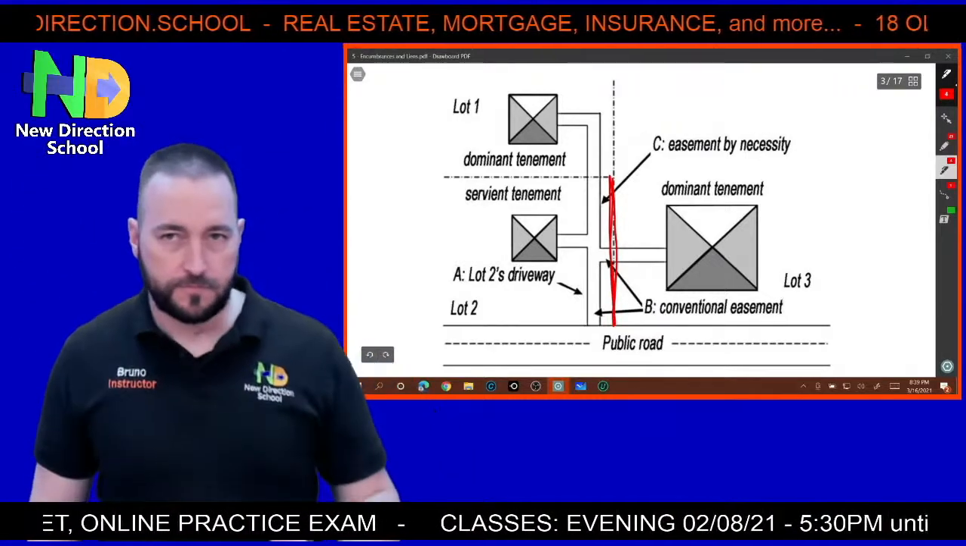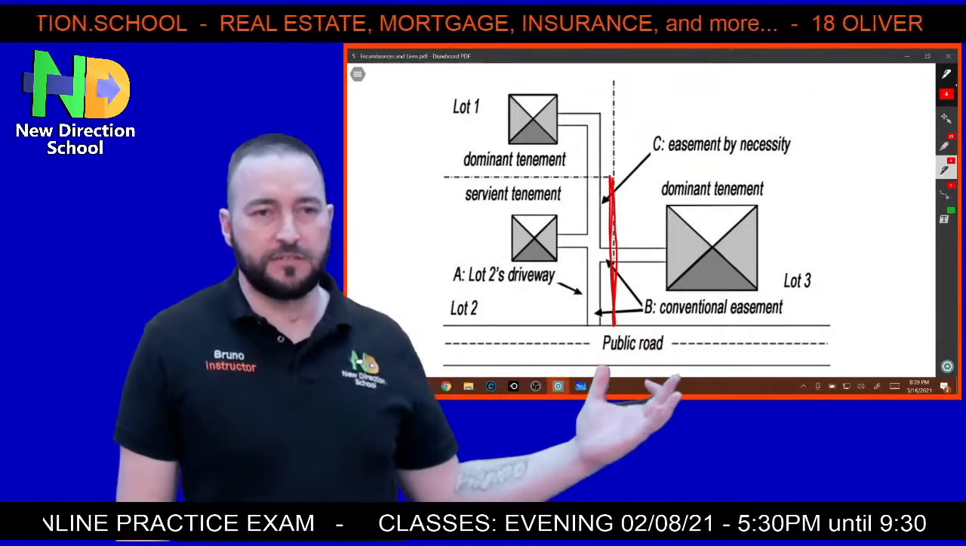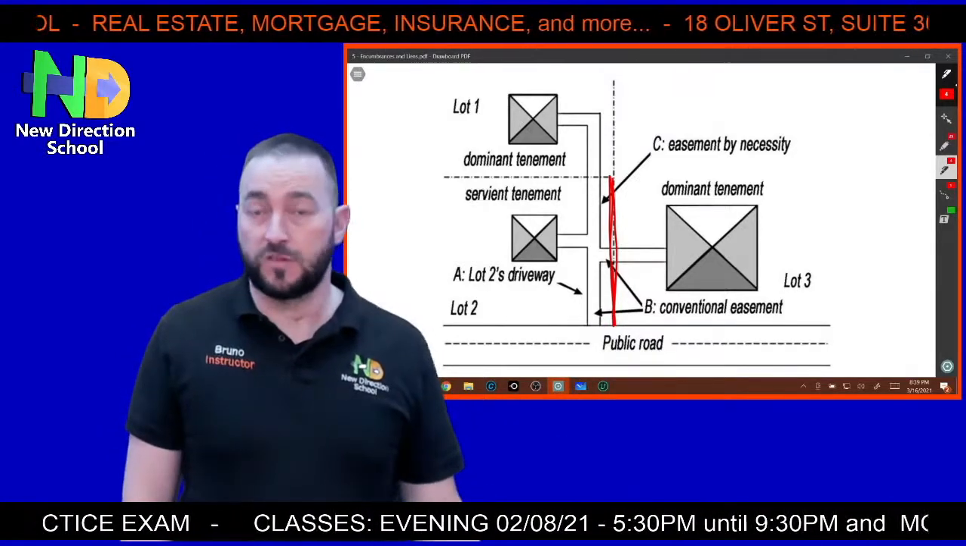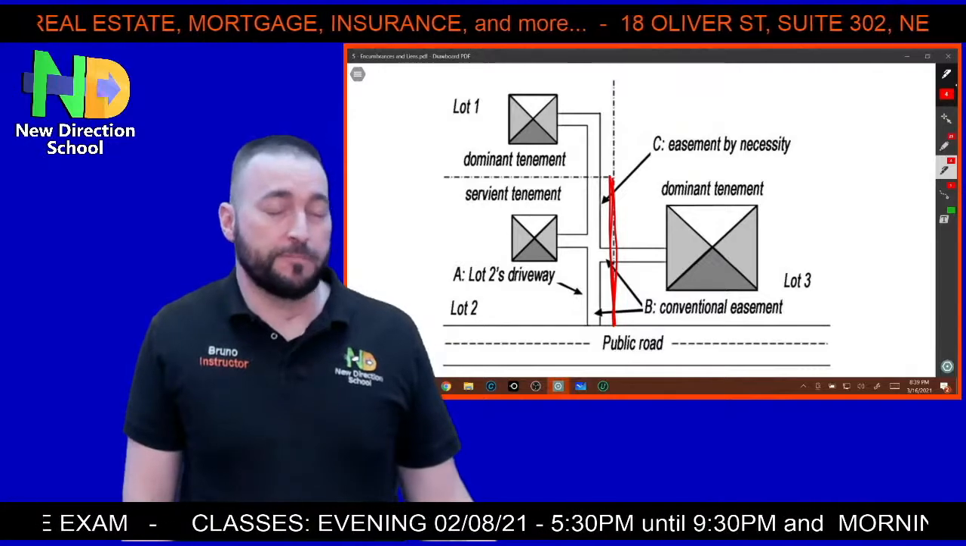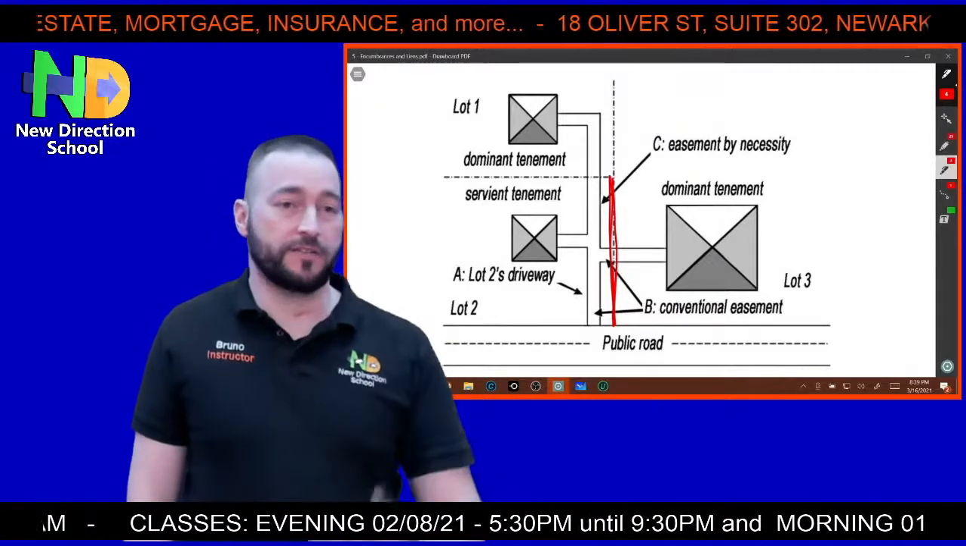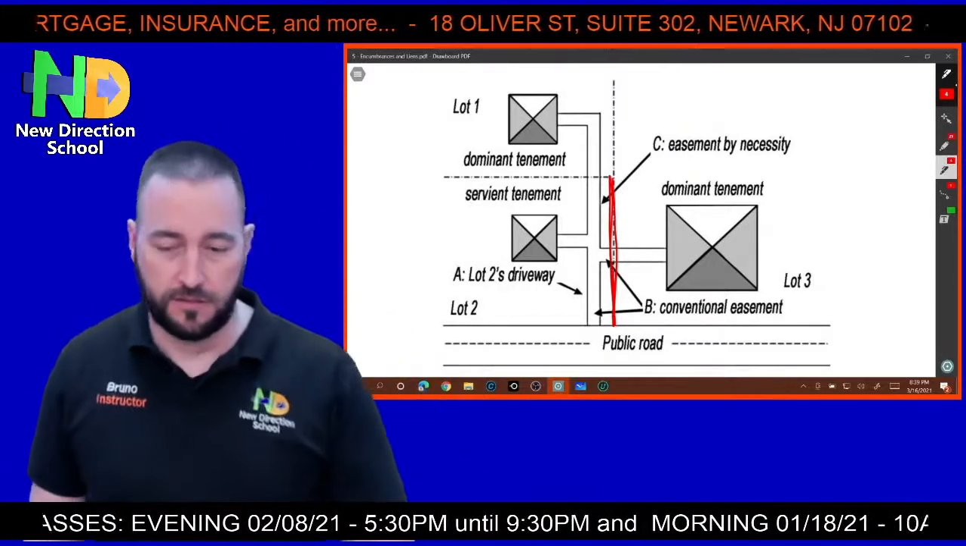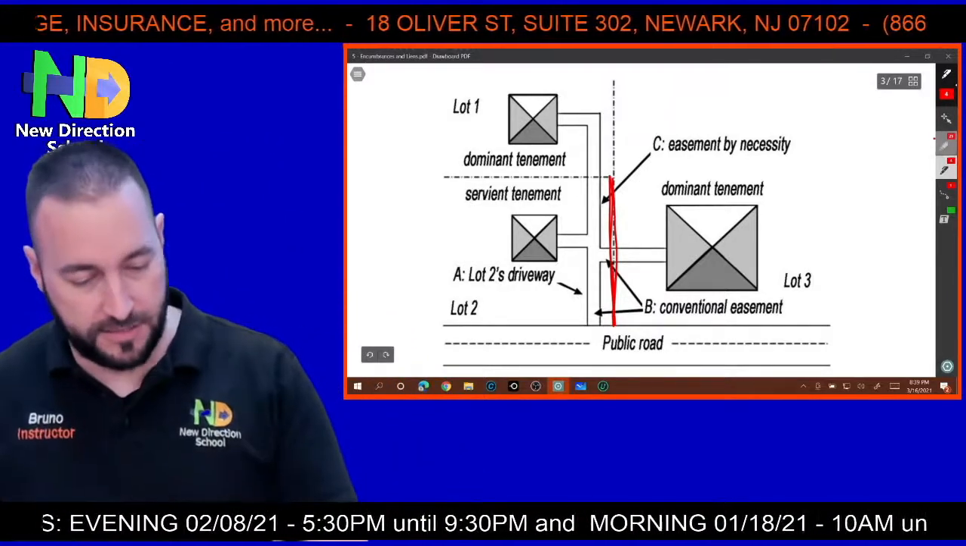Now, when you look at the map, it's easy. You'd think lot number 3 can get to the public road, right? But the way it was built, maybe there's no way to get to the public road. That's the fence right there. The way it was built, look, they still have to go through